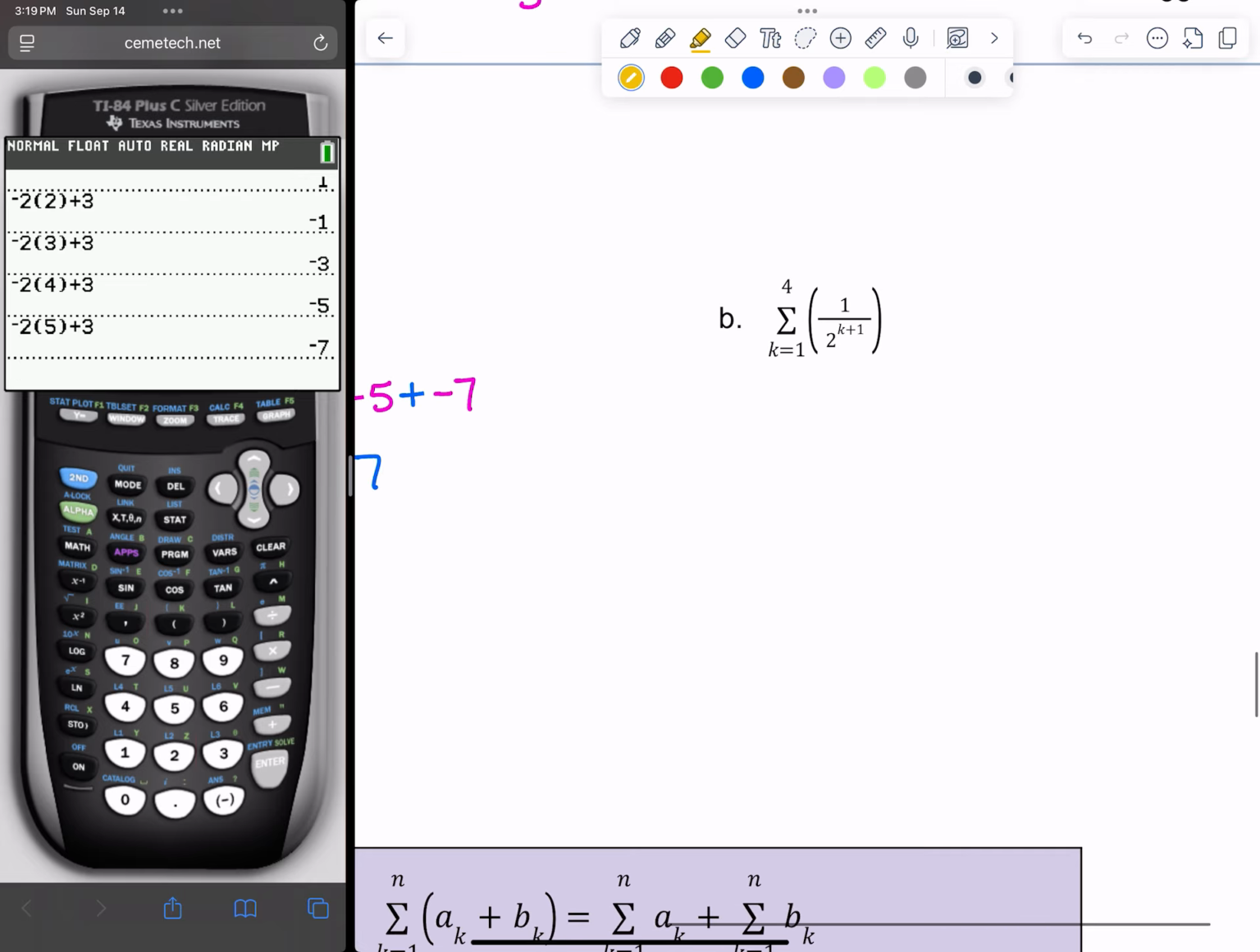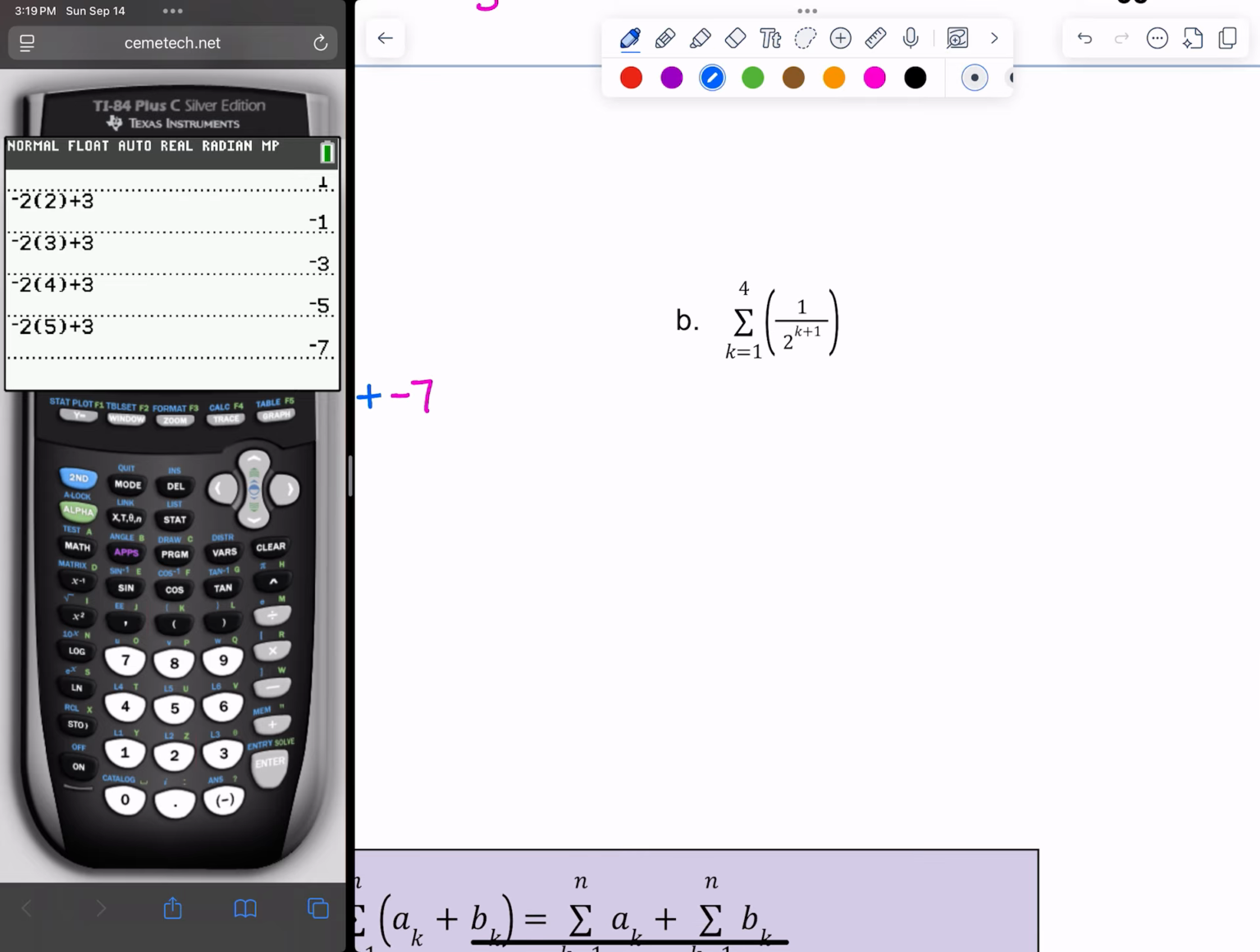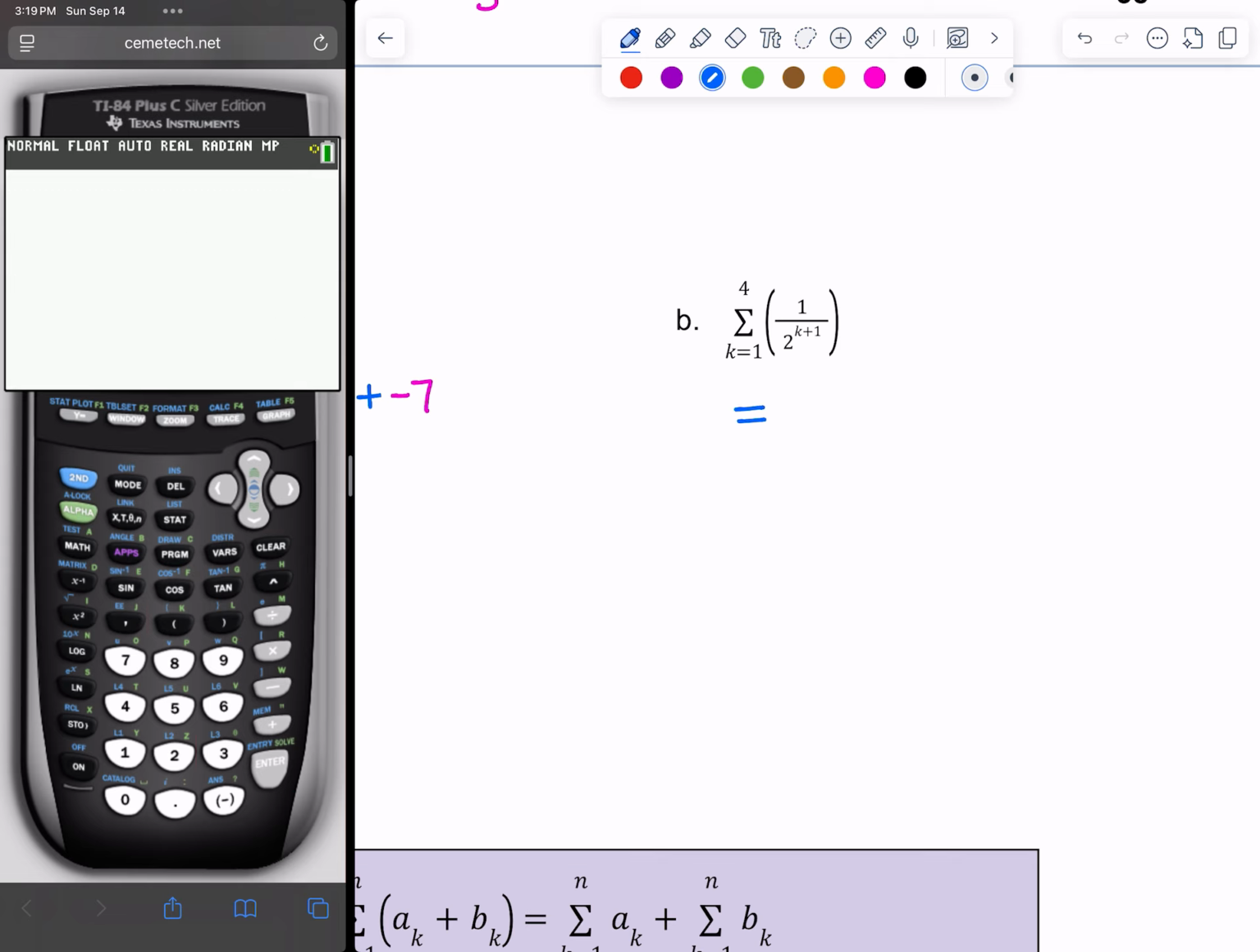So now let's look at B. So B is the exact same way. So I'm doing the first 4 terms. So what I need to do here is type in 1 over 2 to the power of 1 plus 1, because the first k value is 1. So that's going to be 1/4 plus, because we're adding, then we're going to do 1 over 2 to the power of 2 plus 1, which will give us 1/8